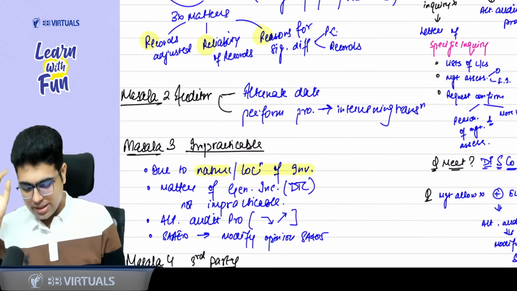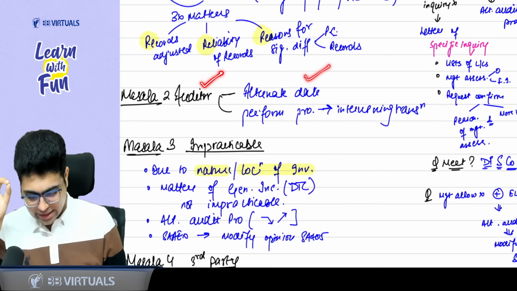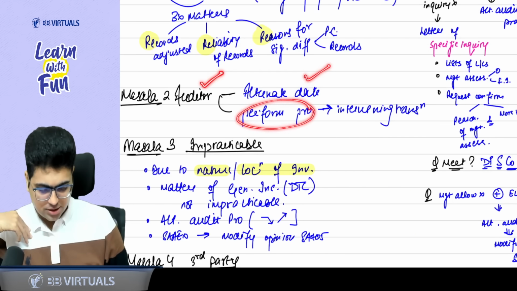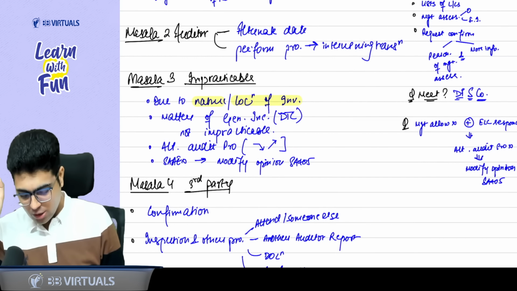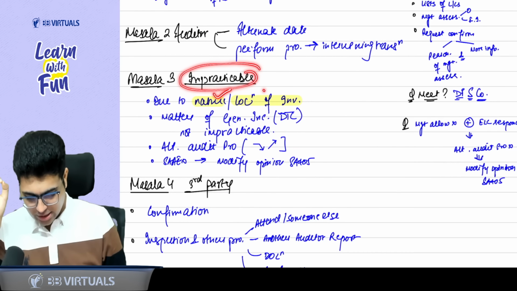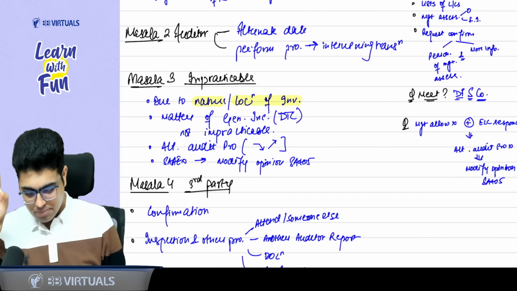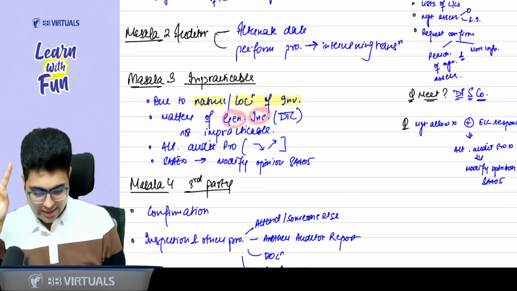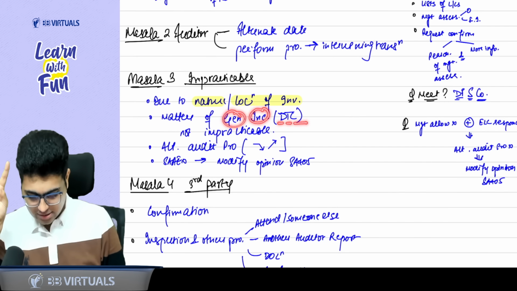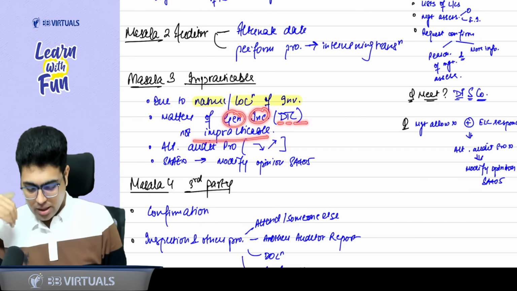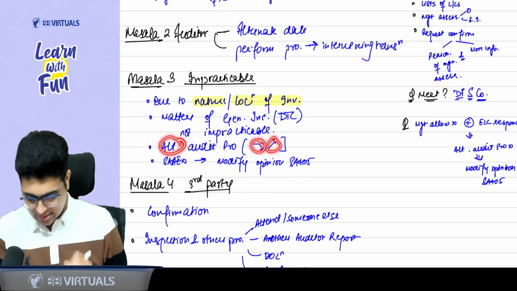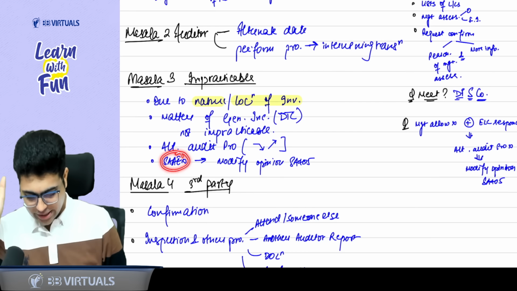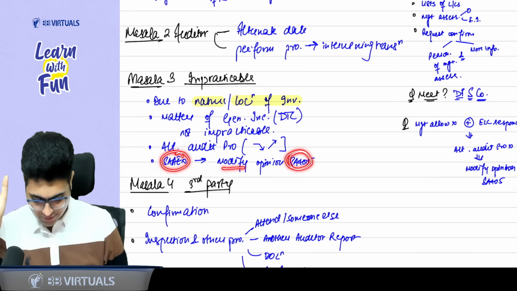Masala number 2. Can the auditor come on an alternate date? Yes, but he needs to perform the procedures on the intervening transaction. Masala number 3. It can also be impracticable due to nature and location of inventory, but remember, matter of general inconvenience, that is difficulty, time and cost, is not impracticable. Okay. If it is impracticable, perform alternate procedure: prior purchase, subsequent sales. If still you are not able to get evidence, modify the opinion as per SA 705.